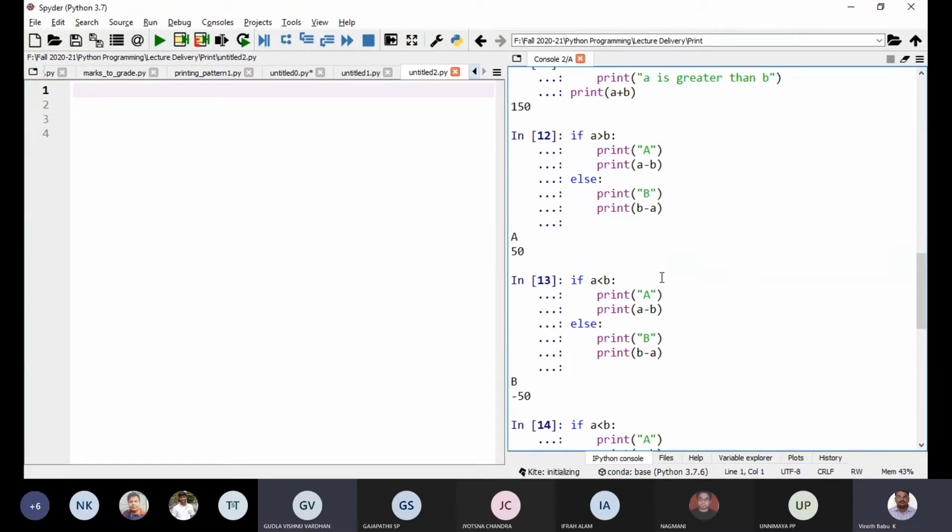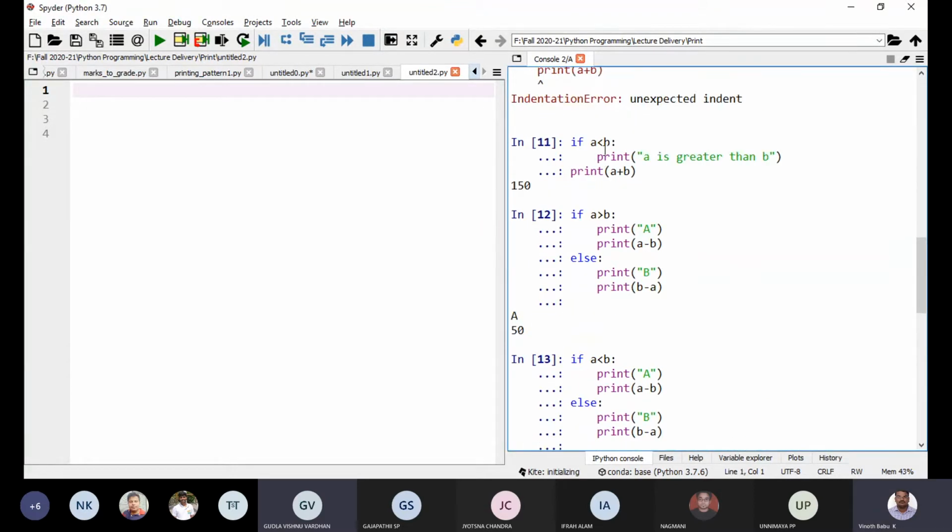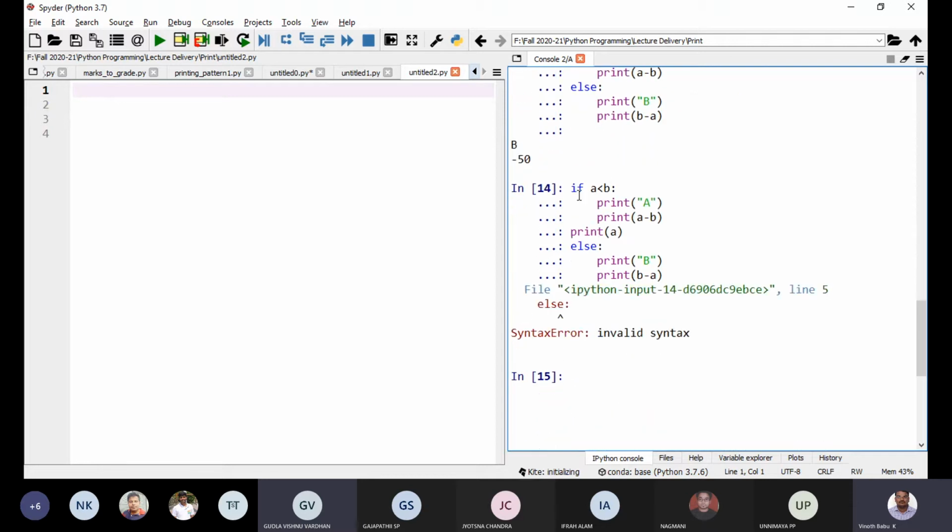Earlier, when there is only one alternative, it has not displayed any error because there is no else part after if. Python understands that this is normal code. Whereas here you started if, and after that some else part is coming.